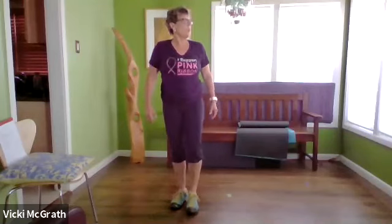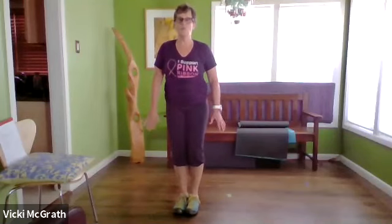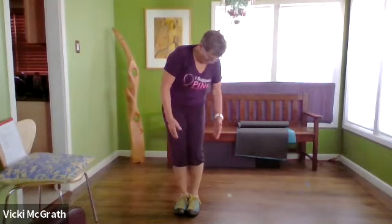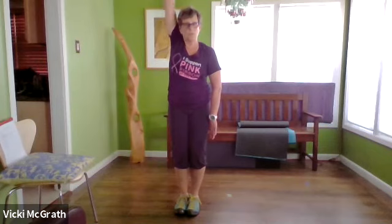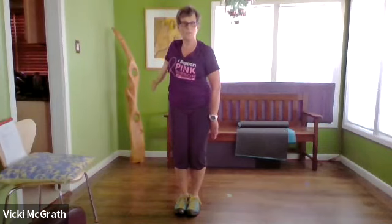We're going to do another opener, which I call the backstroke. Let's get in our seated position, with arms at our sides. You're going to think about doing a backstroke like you were swimming, so you flip your hand this way and this way. We're going to do one side at a time, and you think about striking the water behind you like you're swimming. So we're going to stroke,